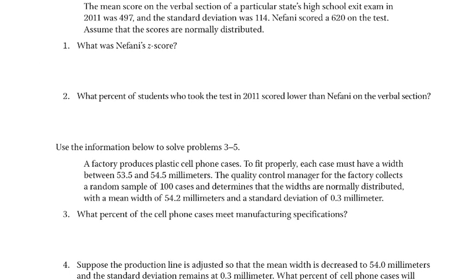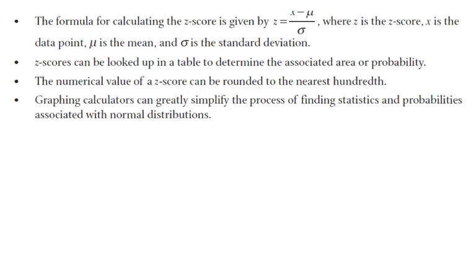The mean score on the verbal section of a particular state's high school exit exam in 2011 was 497, and the standard deviation was 114. Nafani scored a 620 on the test. Assume the scores are normally distributed. So what's the z-score? Now remember with z-scores, the way we find the z-score is this